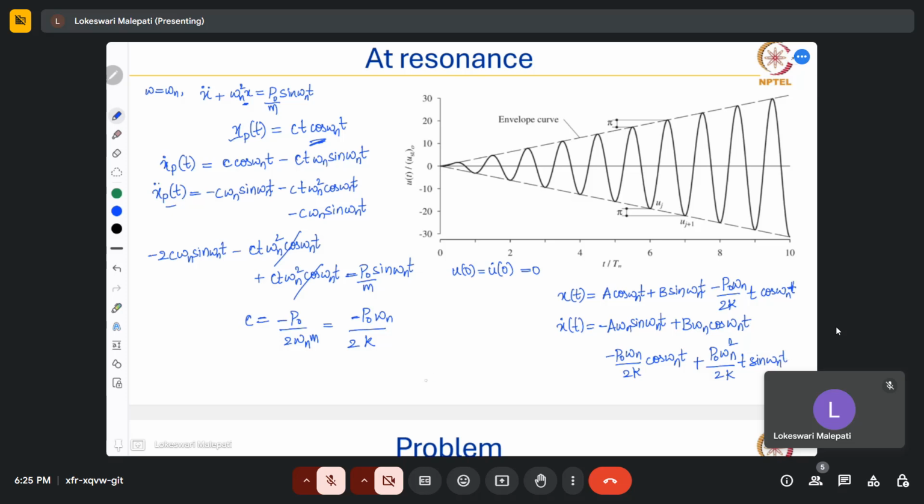So at 0, this term is gone, and also this term is gone. We just have b omega n minus p naught omega n by 2k. That means b is equal to p naught by 2k. So the total equation can be written as